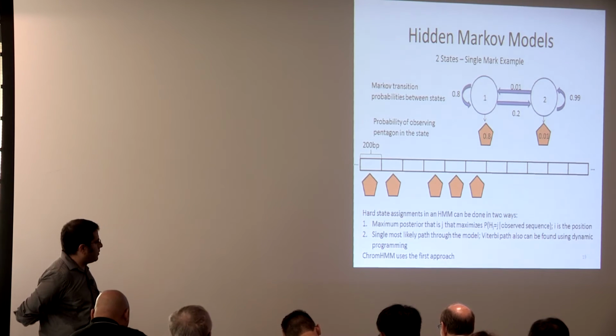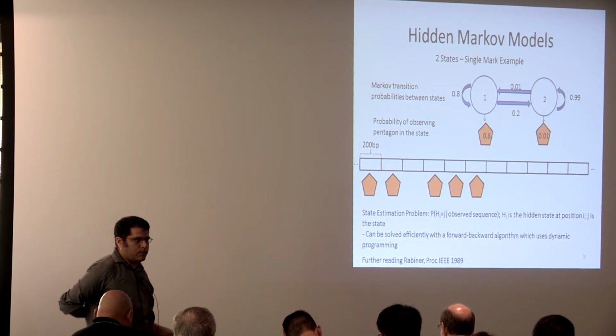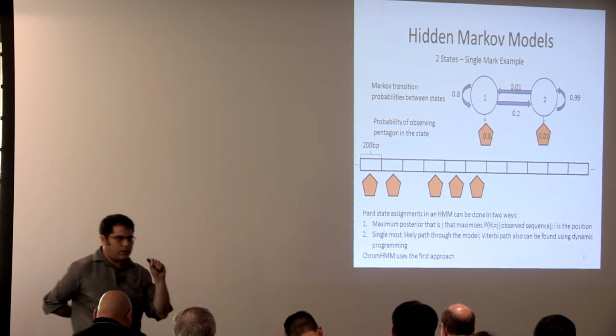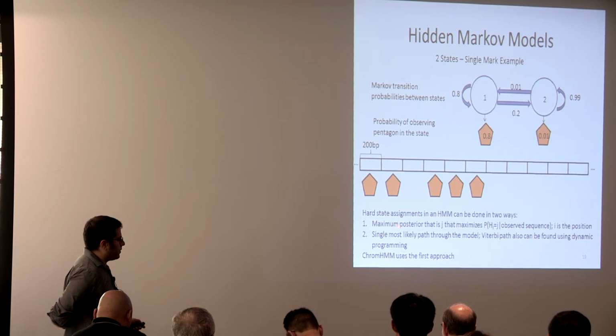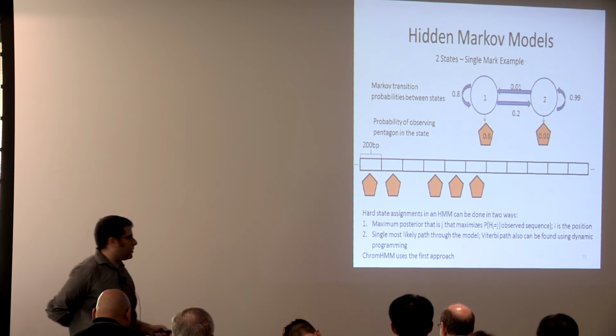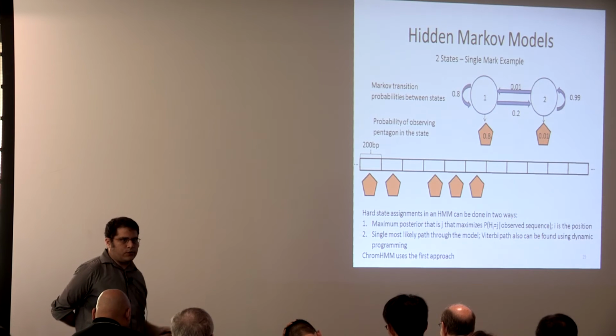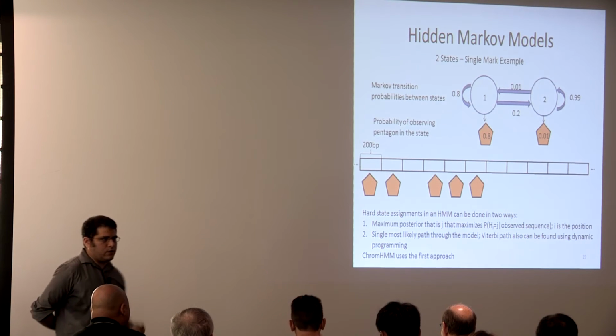And then, this state estimation was just giving you a probability. But sometimes you're interested in hard assignments, to say, at this location, I'm in state 1 or state 2. And there's 2 general approaches. The one I was alluding to, which is implemented in this chromHMM software, is you take at each position whichever state has the maximum posterior probability. So you compute the probability you're in state 1 and state 2 at each location,